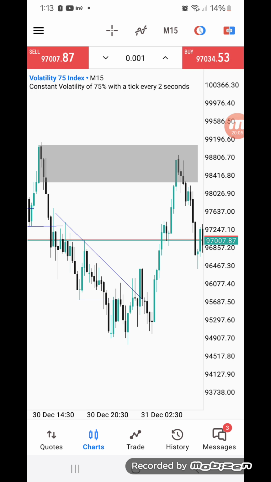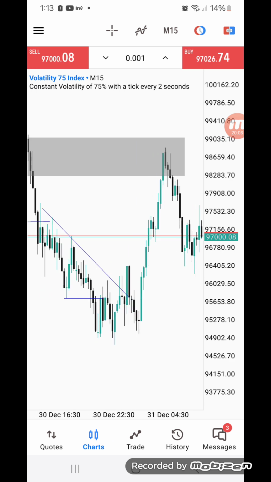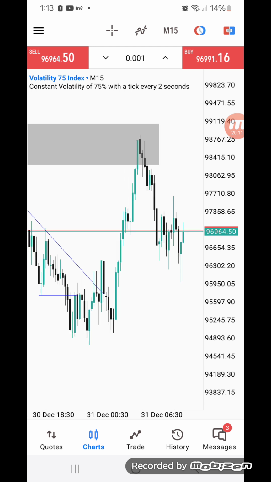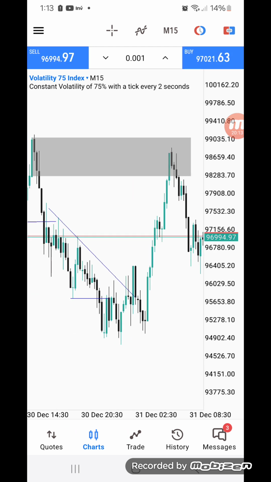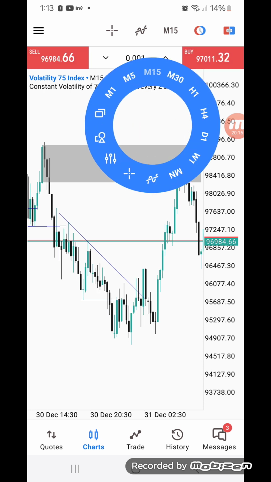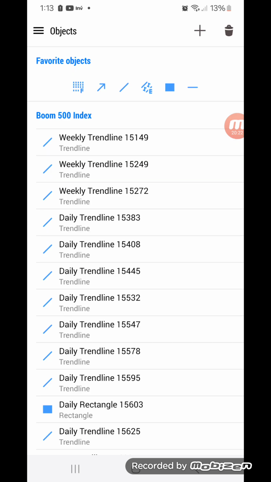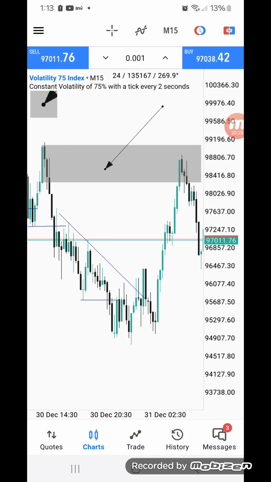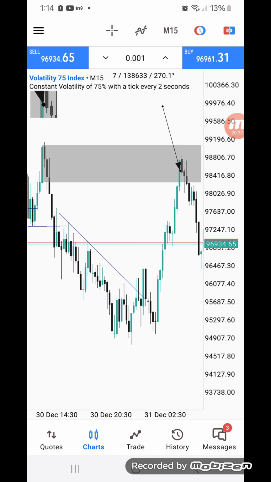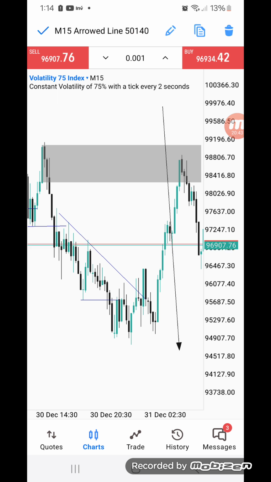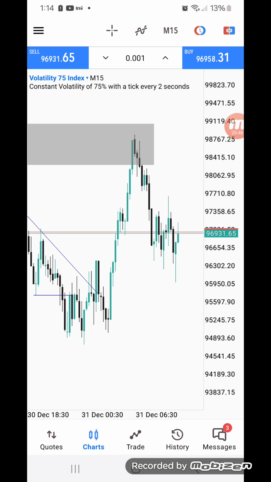As you can see, I waited patiently for the market to react up to that area, and then I placed my sell limits around this zone here on the 15-minute order block, and then waited for a confirmation whereby I was able to enter that trade, and now the trade is headed to the downside, and we are now targeting the